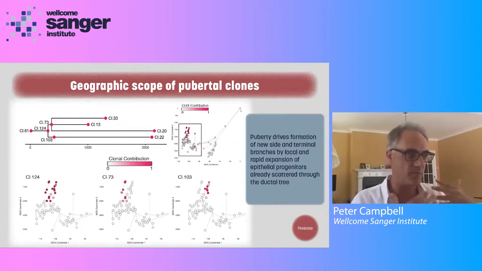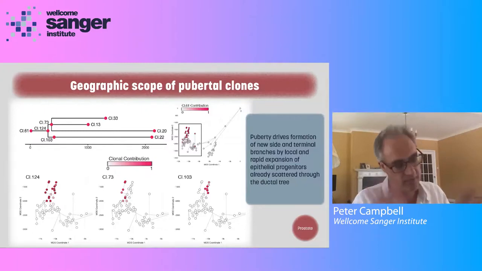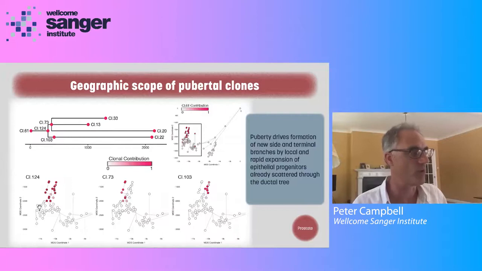When we now look at those pubertal clones, we can see that puberty is similarly associated with this kind of pattern. We know from morphology studies that puberty drives formation of new side and terminal branches. So you get a rudimentary ductal structure laid down in embryogenesis, and then during puberty that gets increasingly complex. There are new ducts formed from that existing structure. And what our data show is that each of those new terminal branches, those new side branches, are seeded by single clones